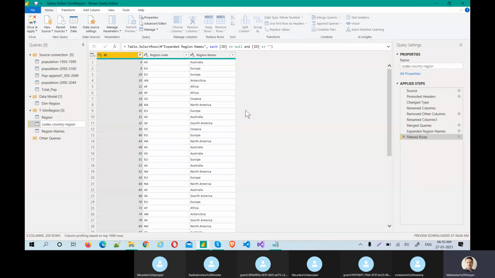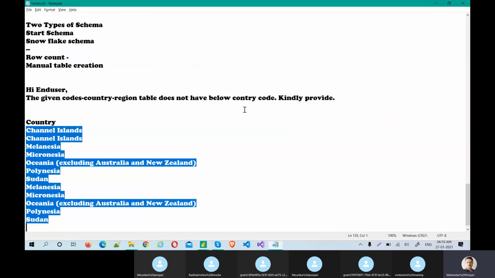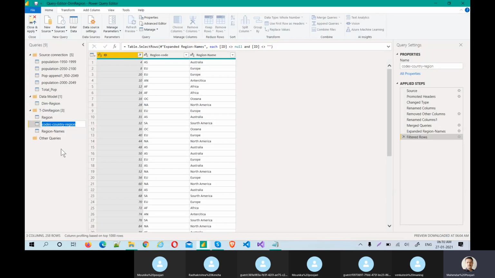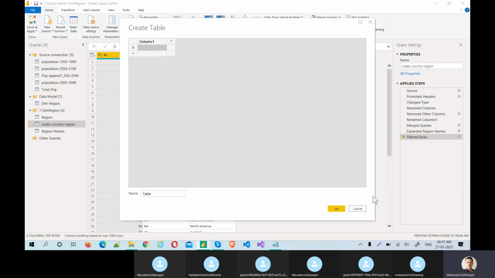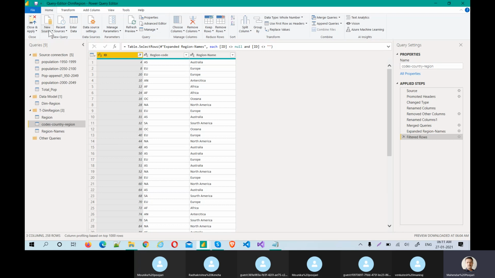Thank you. Okay. So that's how we are going to send that mail, and let's assume we got a response. We might get a proper response, but for now, what I'm going to do is add a new table here. How to do that? By entering the data. Or if they give it, and let's assume they have given it, what you need to do is get that as a source, get the text files. Anything is fine. Because there are fewer records, I am just doing the manual entry here itself. That is our wish.